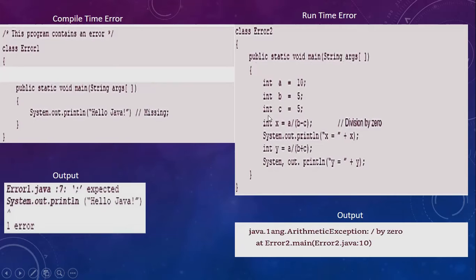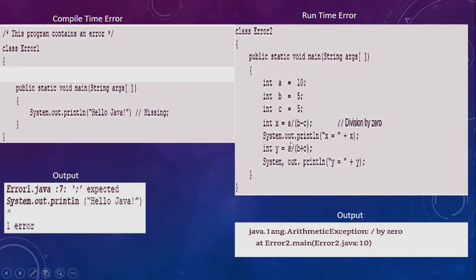Then I have this formula, x is equal to a divided by b minus c. Now as you can see, a is 10, and b and c are both 5, so 5 minus 5 will give you 0. So it will be 10 divided by 0. So it is a divide by 0 exception or runtime error, right?